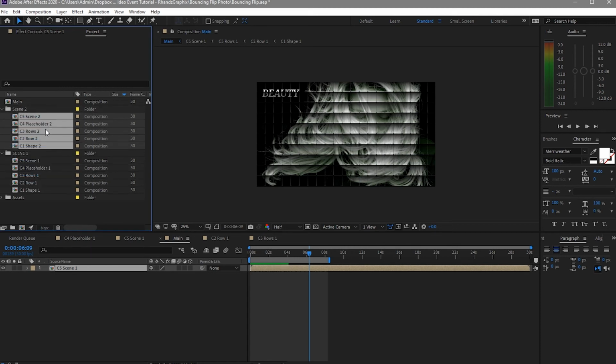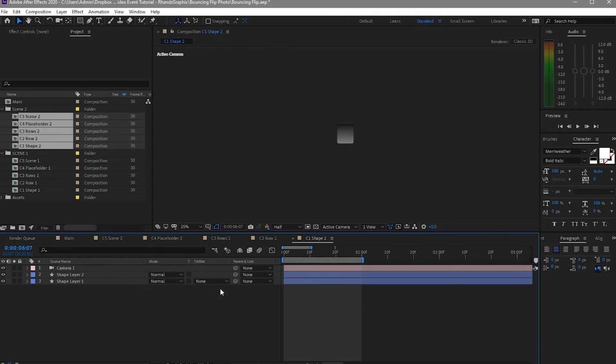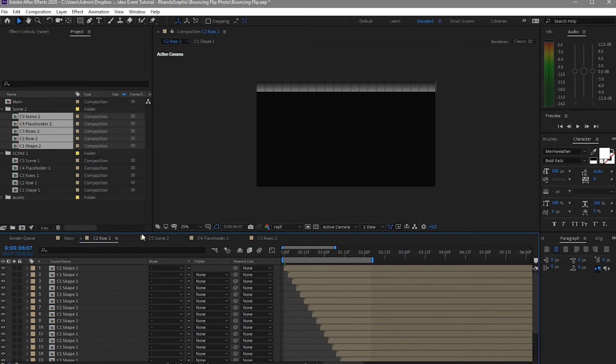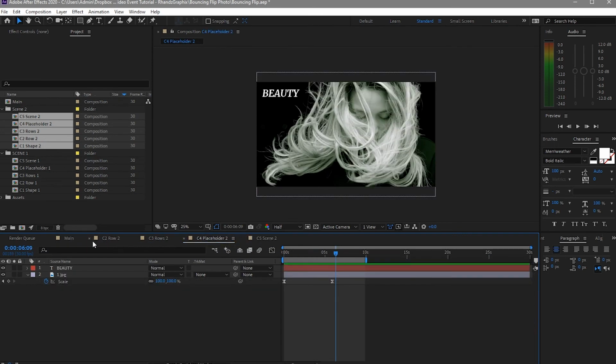So all the scene 2 now is in here, and before you double click it, make sure that the scene 1 is already cleared in your timeline. Be sure that this one in here in the timeline should be cleared, and then double click this one so you can tweak everything in here, all the compositions if you want to tweak it. But because we don't want to tweak the shape one, we'll just clear it, and then we will arrange these compositions to this one so that it's easier for us to